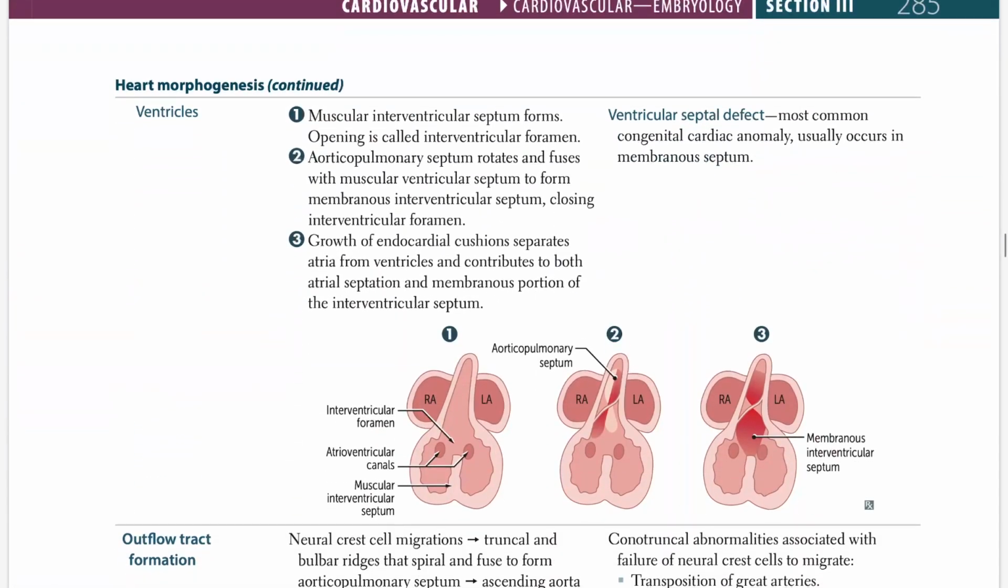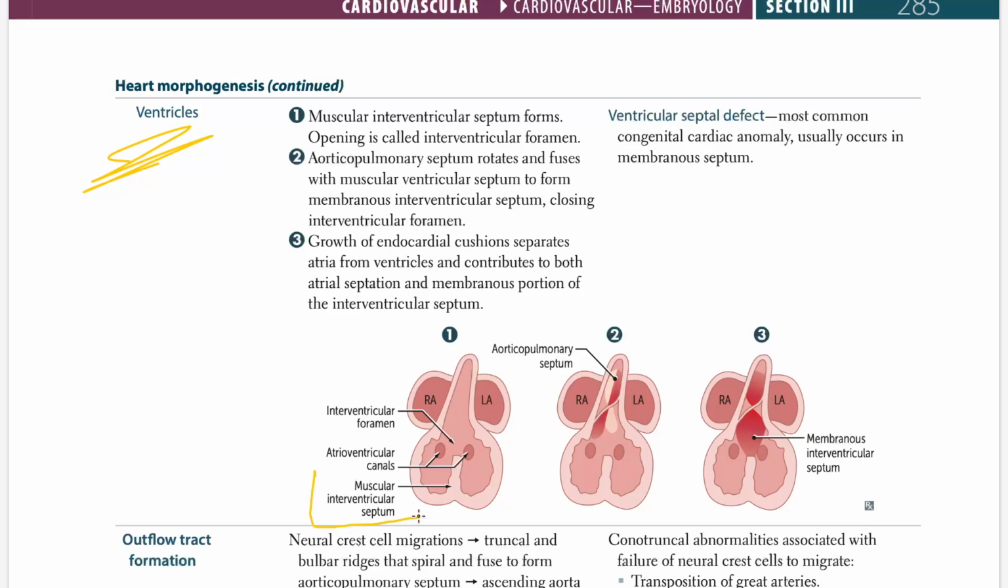Moving on with the next one, which is called heart morphogenesis of ventricles. In the ventricles, we have muscular interventricular septum forms. So muscular interventricular, I'm going to highlight here, is this one. So muscular interventricular septum forms, and the opening is called interventricular foramen. Okay, we have an opening. We see an opening here, and this opening is called